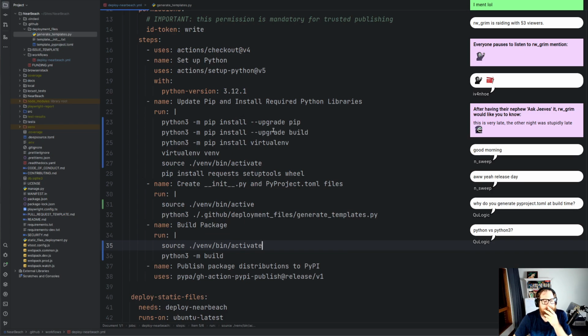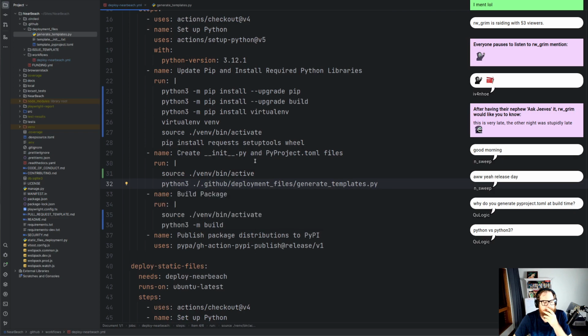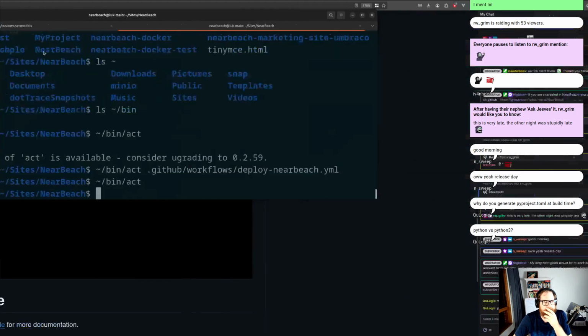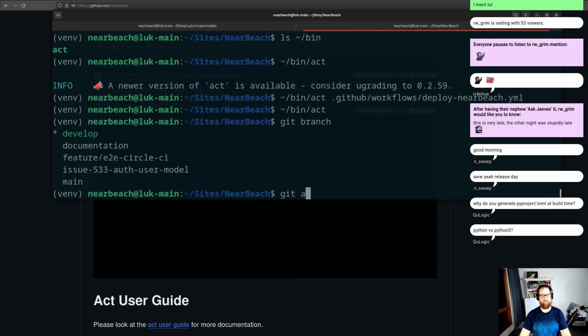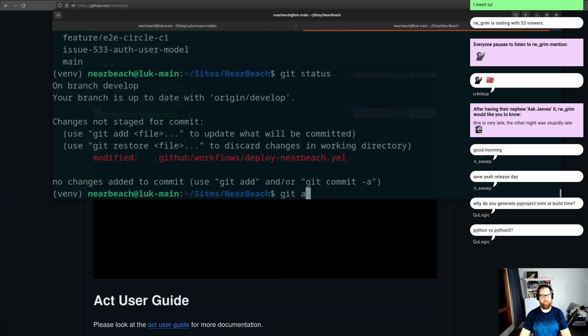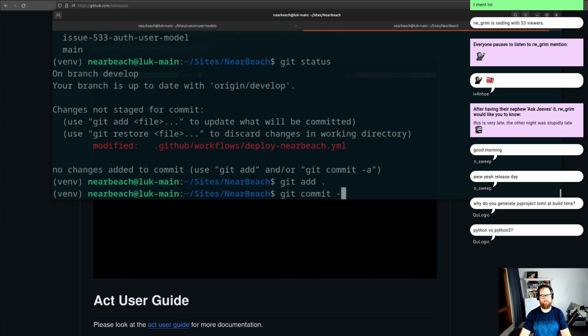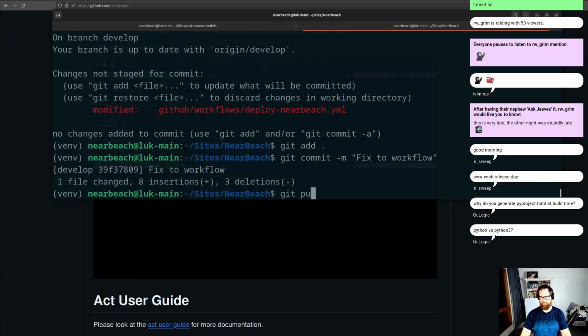So we've updated pip, we've updated build. We're just installing the virtual environment. We install everything in the virtual environment, and then here we just make sure we're using that virtual environment. And that should work. So if I go git branch, git status, git add, git commit, fix tool workflow, git push,